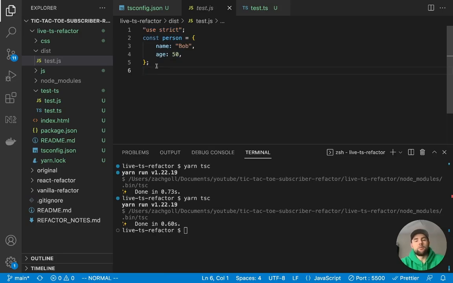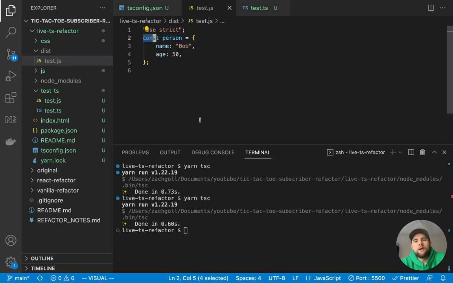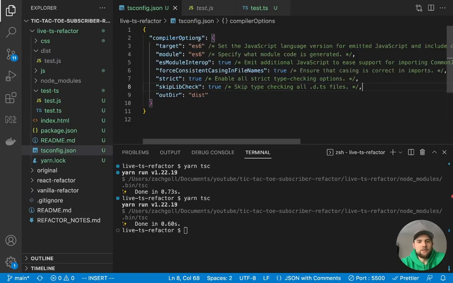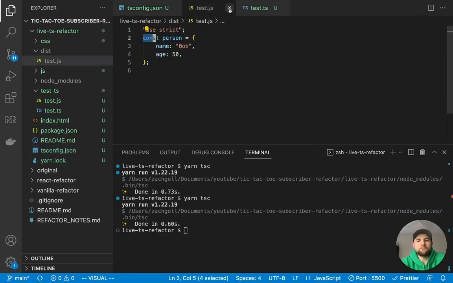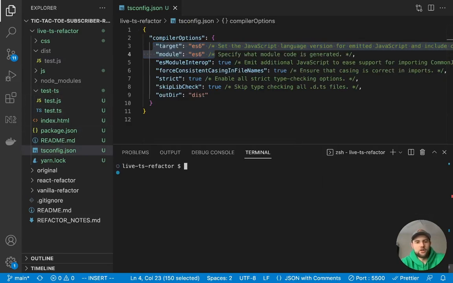So you can see use strict is put in there, and we've got a person compiled. You'll notice that from earlier in the video, this is a different syntax than we saw earlier. Earlier we saw this was a var and there wasn't any use strict going on at the top. And that's because we didn't have a tsconfig. We didn't have all of these targets and modules that were specifying how we wanted things to be output. So anyways, this is the basics of compiling a TypeScript project.